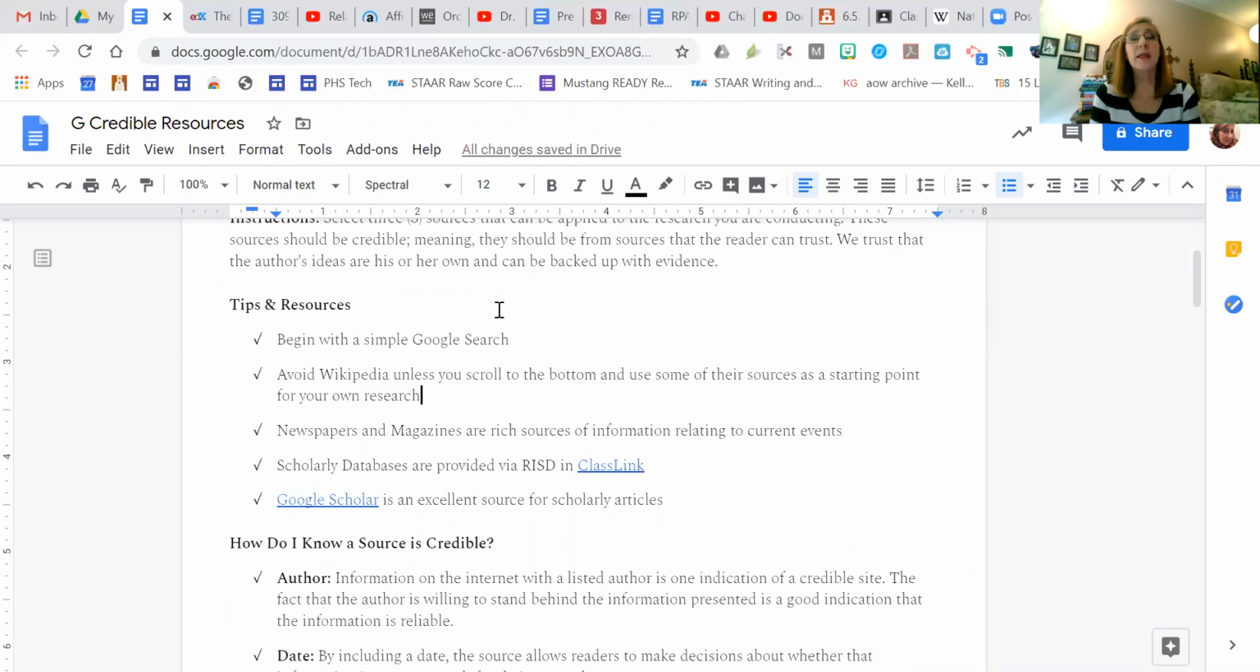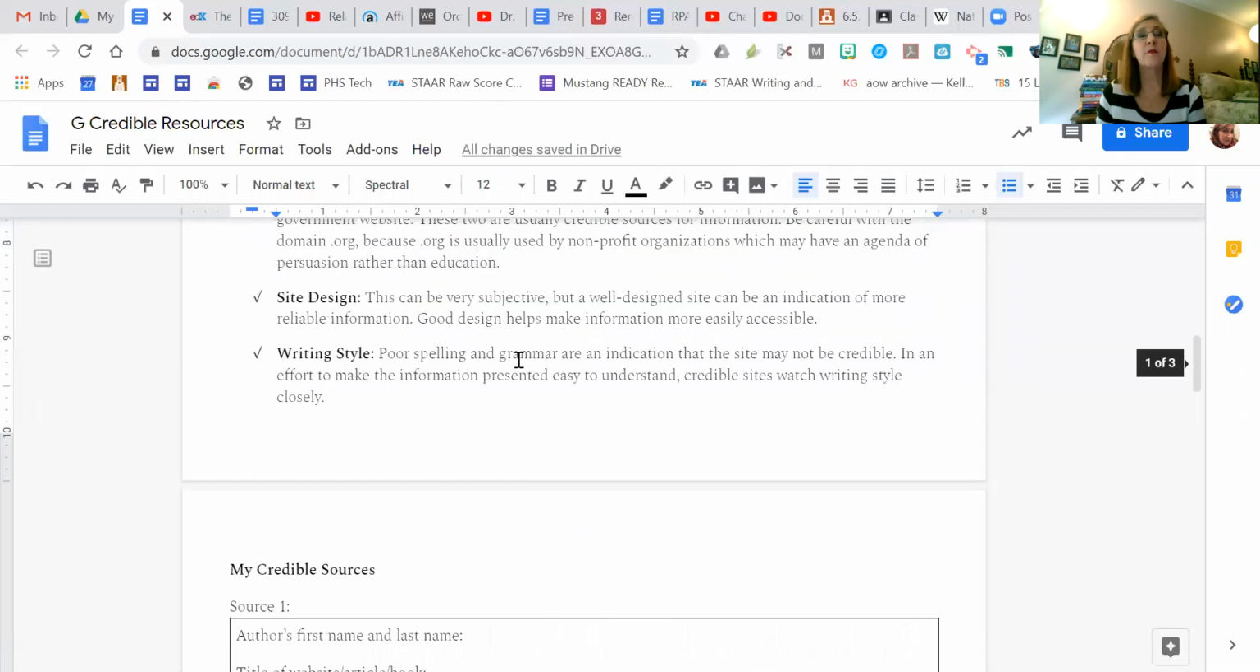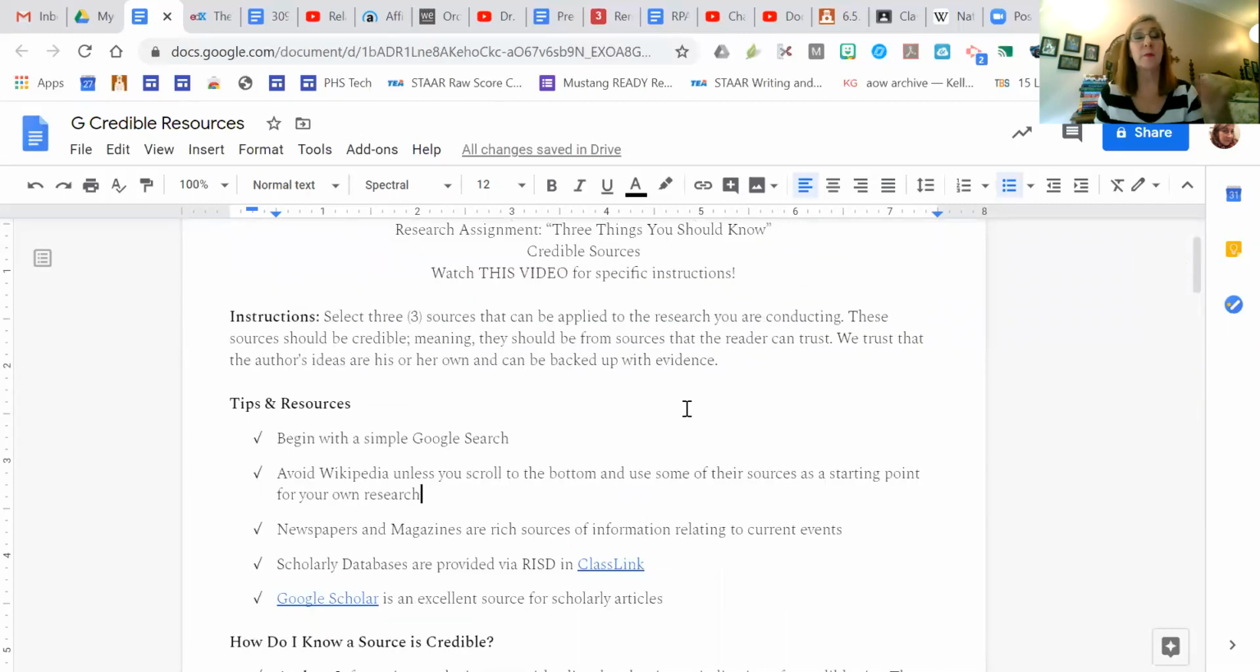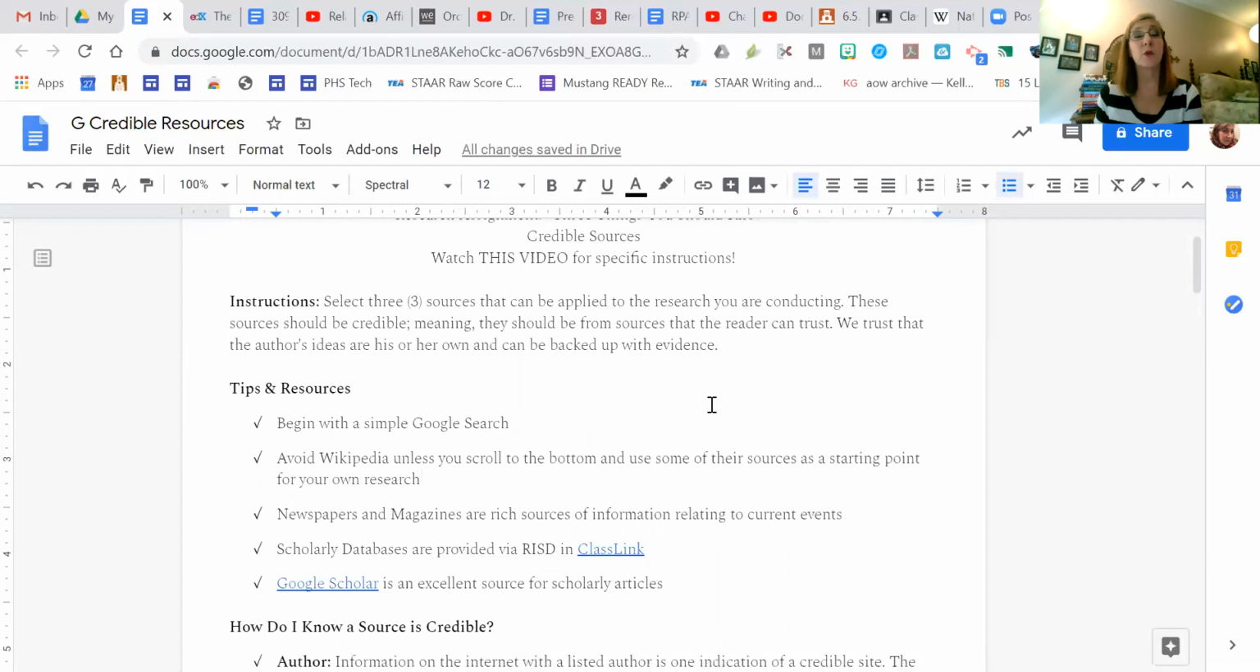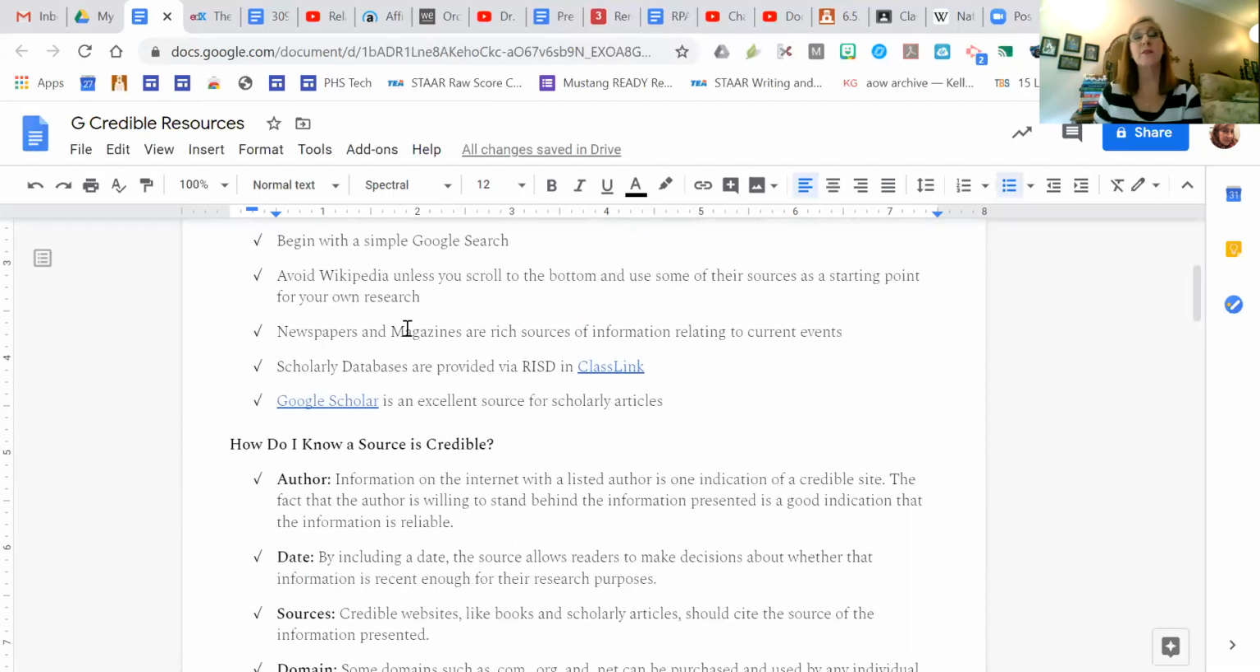All right, newspapers and magazines. Honestly, this is what I would go with for you guys. The New York Times, the Washington Post, the Wall Street Journal, Dallas News. You can even look on pages like CNN, NPR, and I can put a link to some of these. Matter of fact, maybe I'll do that before I put this out there on Google Classroom. Maybe I'll link up some of these possible credible sources. But yeah, newspapers and magazines are very, very rich sources of information relating to current events, and especially relating to